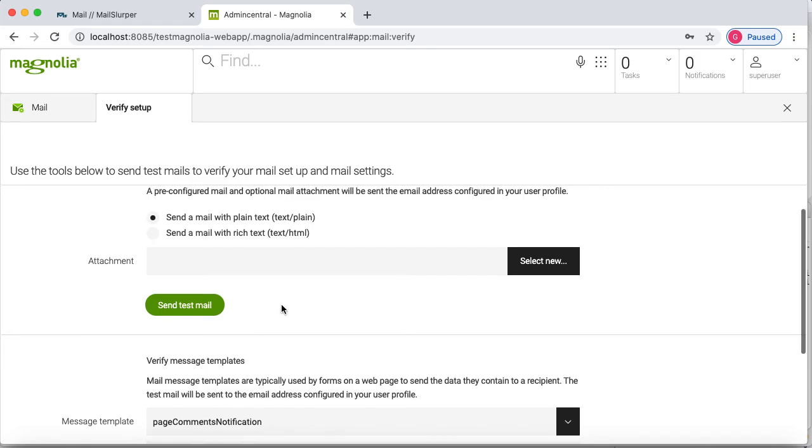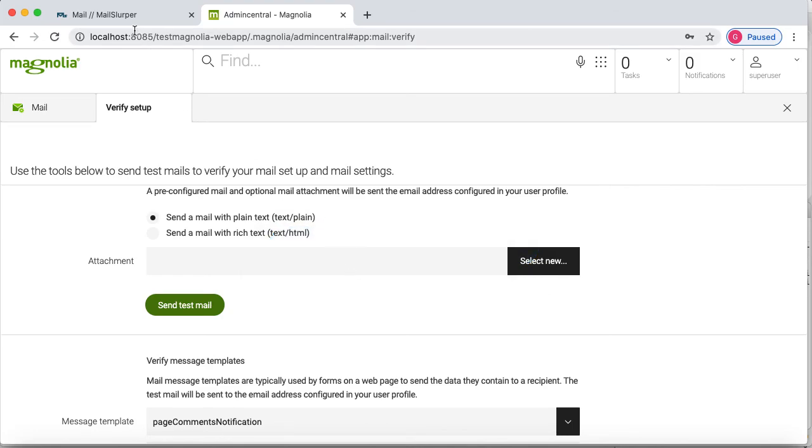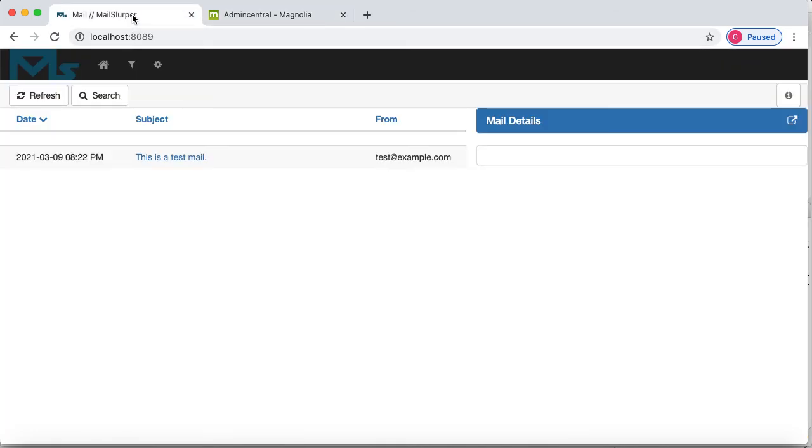So now again I will click on this button, send test email. Now you can see simple email has been sent to test@xyz.com. Now we will go back to this screen, and do refresh again, and now you can see the second email.